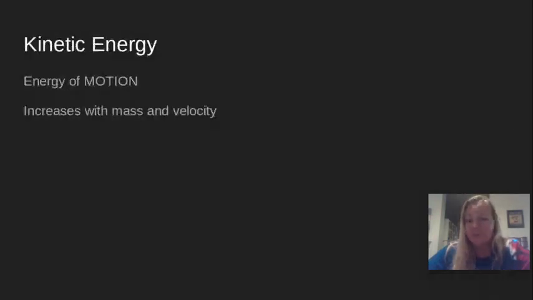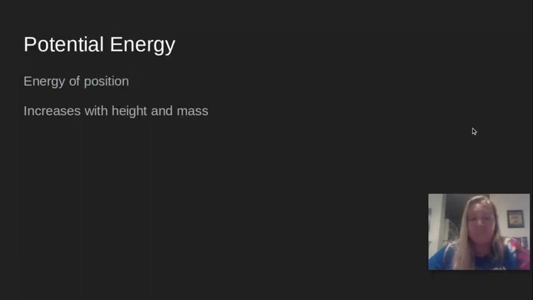So our 2 main types of energy. First off, we have kinetic energy, which is energy of motion. That's going to increase with mass and velocity. So the bigger something is, the faster it's going, the more kinetic energy it has. And then we have potential energy. So potential energy is going to be your energy of position, so the energy you get from gravity. So that's going to increase with